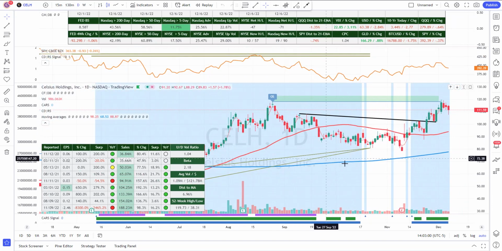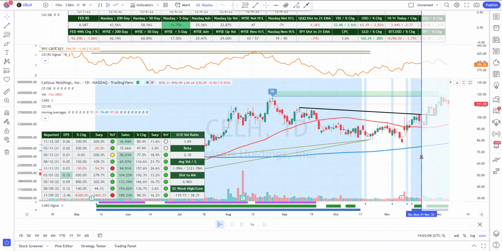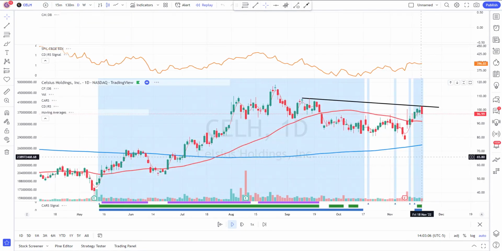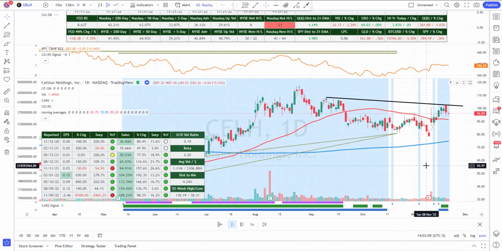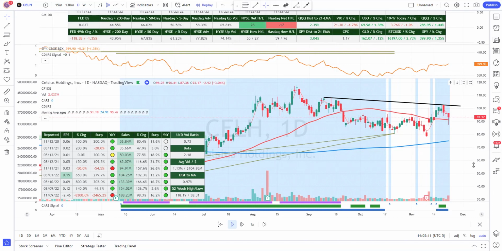Taking a look at an example of how all of this can come together, if we rewind the chart a little bit back to the later period of November, you can see here on this session, Celsius had recently broken above its 50-day moving average and pulled back to it, finding support. It's also showing relative strength with the blue background, indicating that Caruso Adaptive Relative Strength sees strength in Celsius holdings